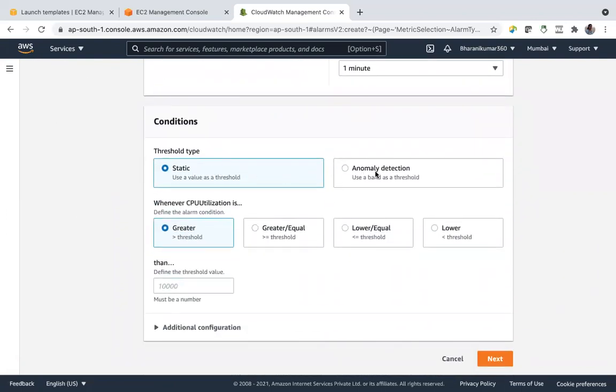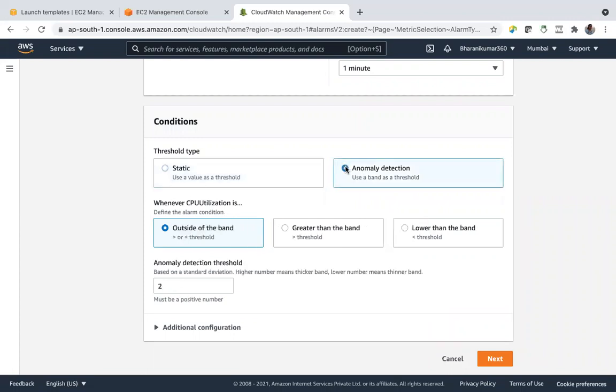So anomaly detection means if you want to figure out any suspicious action that is happening within your auto scaling group, and it's not happening regularly. Suppose huge network traffic is coming into the instances than normal, something like that. If anything like that is there, you can use anomaly detection. See, anomaly detection uses a band.